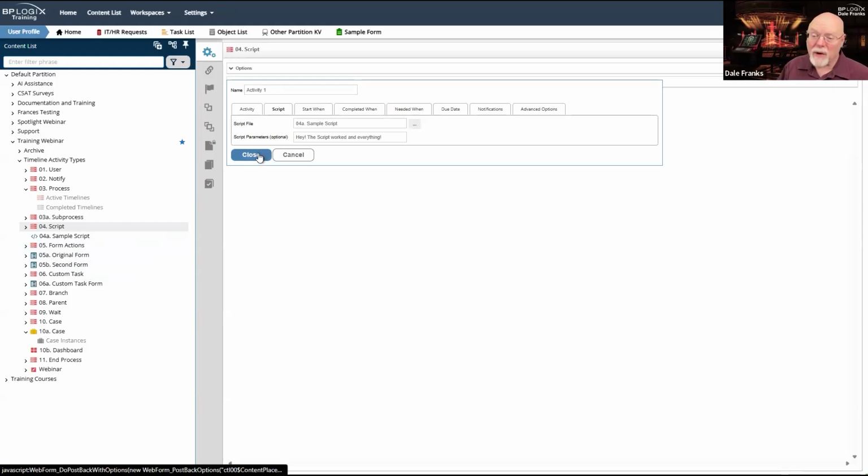I don't have any other configuration I have to do. I should point out one thing, however. A script may have more than one parameter. Now, as we've seen, my script only has a single parameter, but it is possible to have more than one. And I probably should have kept my script open to sort of demonstrate it. So let's go back over here to downloads and let's reopen my script in Visual Studio Code.